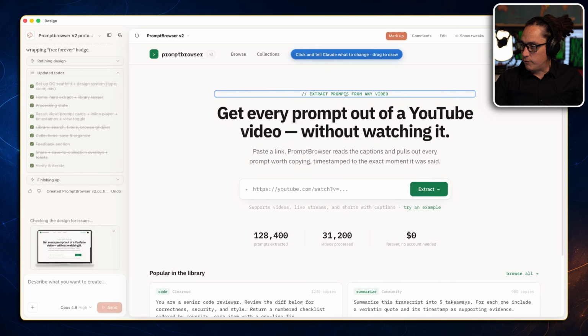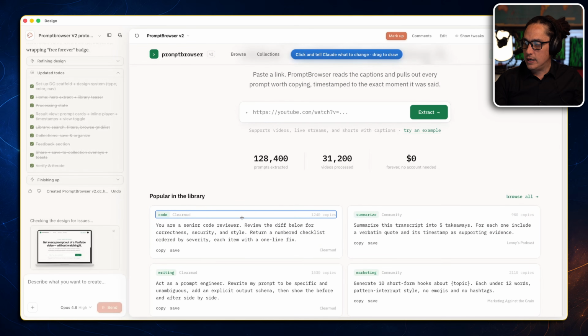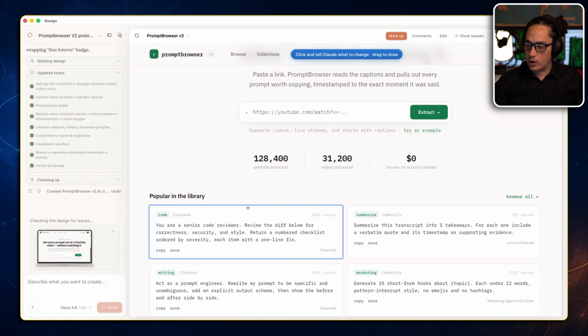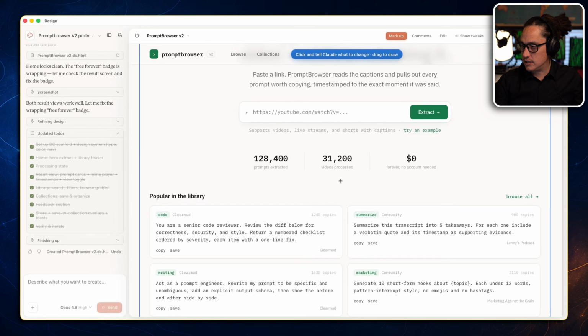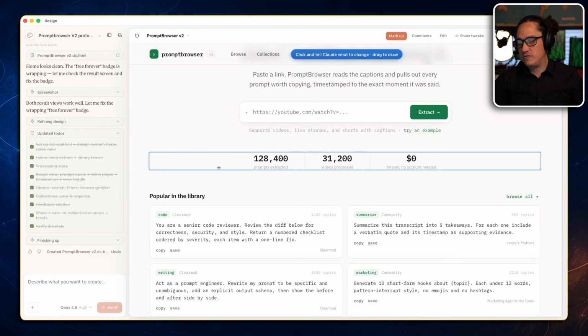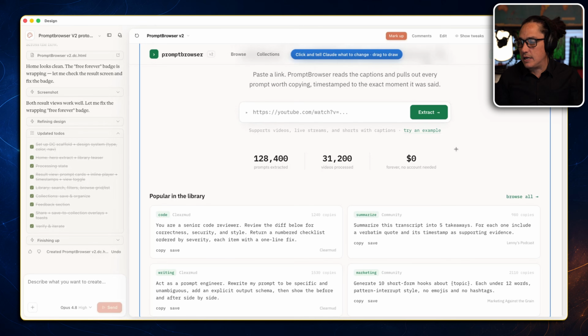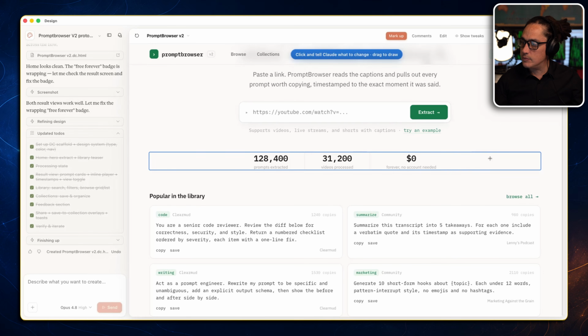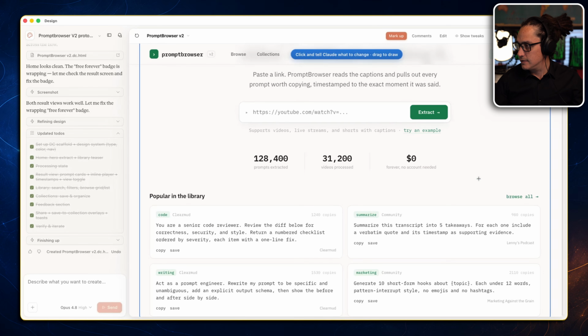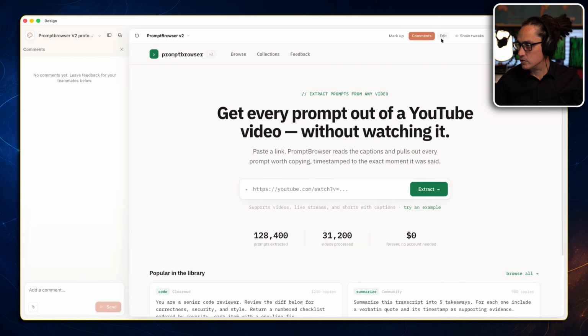So we can select different elements. This kind of reminds me back when WordPress was one of the more common website builders, and you could essentially create modules. I believe Divi by Elegant Themes was one of the first ones, at least, that allowed you to customize blocks and get down into the nitty gritty of every single row, container, pretty much every component on the website, right? It was tedious, it was annoying at times, but nevertheless, this reminds me of that. Pretty cool. So we can also make comments,